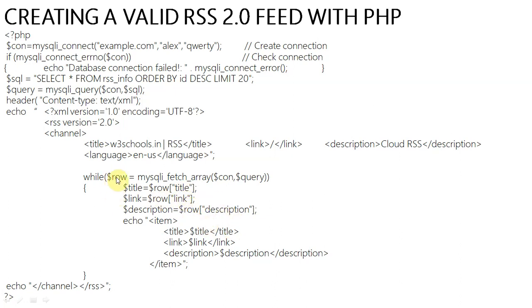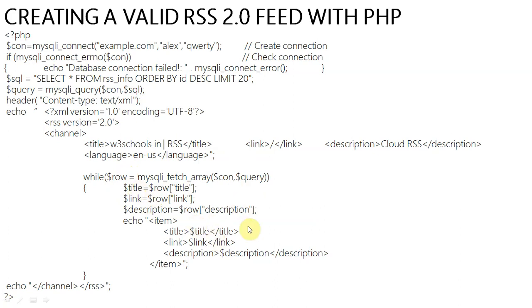So row is just like a two-dimensional array. In row we have all the data after running the query from this connection. Connection means we have this con variable. This is the DSN name, this is the server name, and username and password. So by this connection we are running the query and accessing all the data, and all data is transferred to the row. So row is just like a two-dimensional array, and from the title position of the row, and link position of the row, and description position of the row,